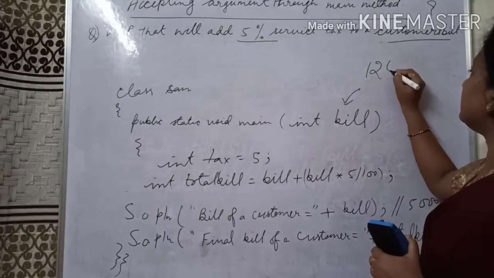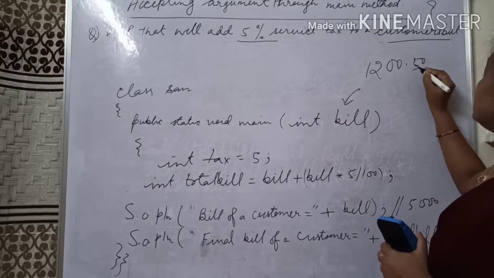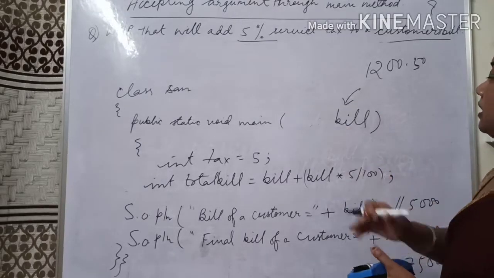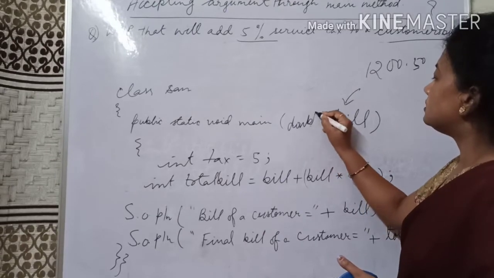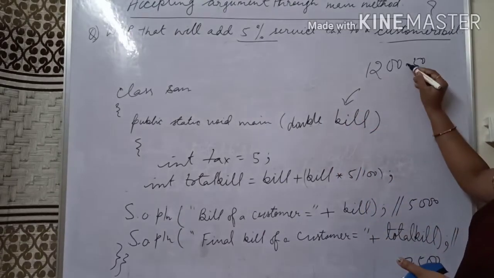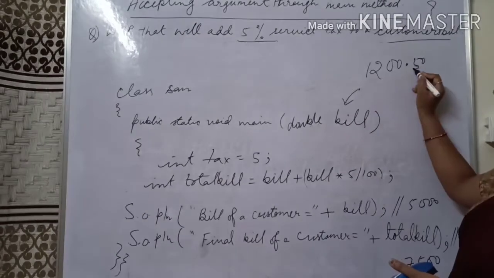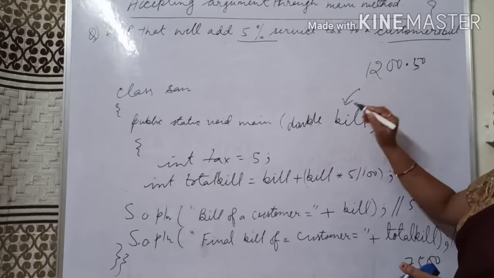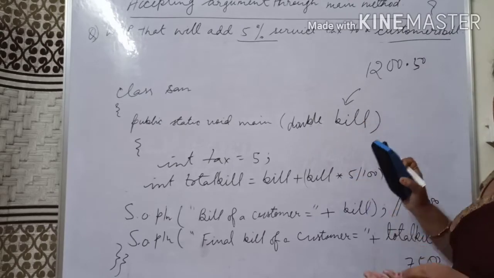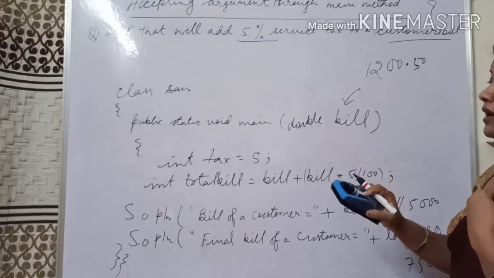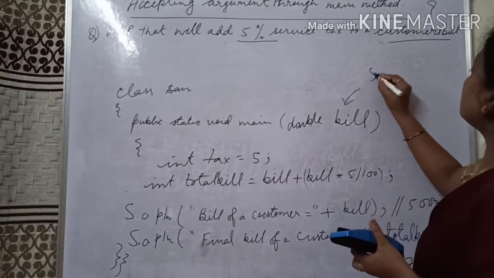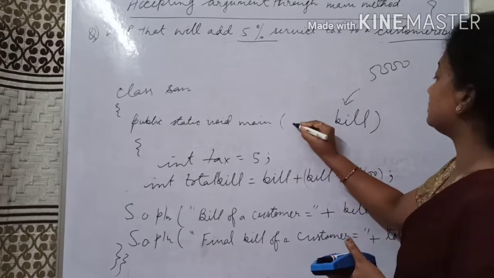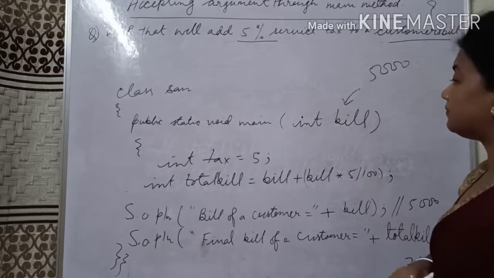If someone is entering 2000.50 rupees, then what will we do? Then we will simply change the data type. Why? Because the value is in fractional part, it is a decimal value. That is why we will change the data type. But as a user, if I am entering, suppose, rupees 5,000, this is my int value, so the data type will be int.